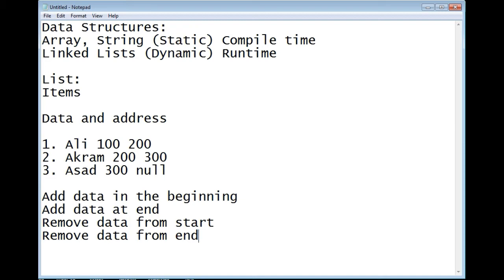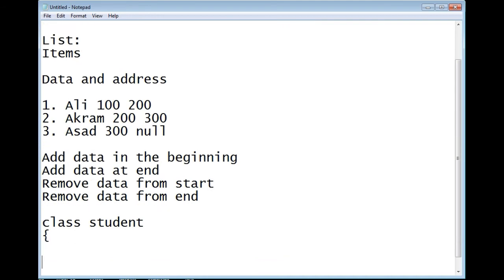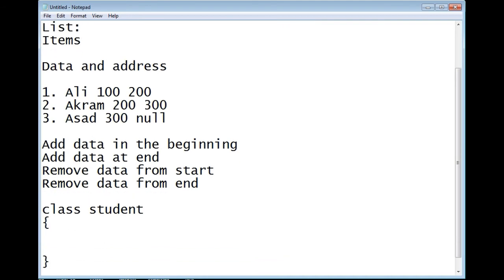So this is how we structure the list. Stacks and queues are a kind of this list. We add from the top in a stack, and from the rear in a queue, and remove from the front. So this is how a linked list is constructed. Now we will see how we can make such a list.